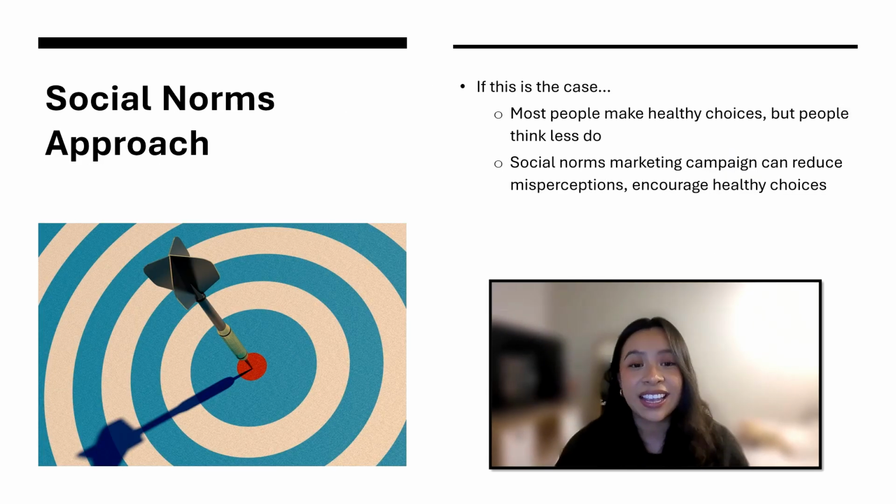So, in reality, most WSU students make healthy choices, but students often think their peers are engaging in risky behaviors much more than they actually are. When this happens, the inaccurate belief becomes the norm, and it can unintentionally encourage unhealthy behaviors. A social norms campaign steps in to correct these misperceptions by highlighting the healthy behaviors that most Cougs already engage in. We help students feel more confident in making safer choices, and this is exactly what the Cougs Speak campaign aims to do, to replace the misperceptions with accurate, positive descriptive norms based on our real WSU data.